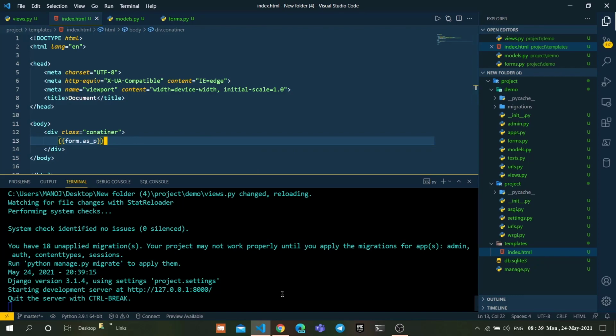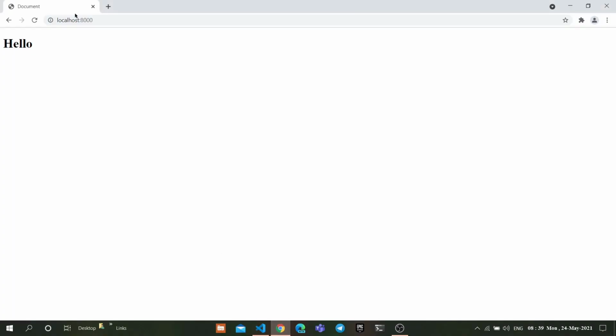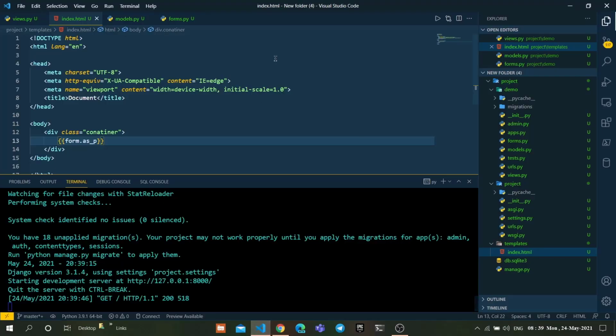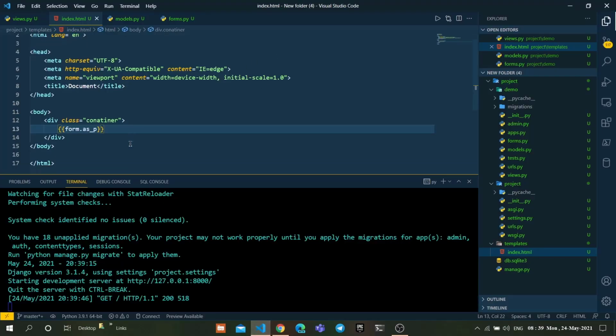Let's save this and go to the browser. Let's refresh this. As you can see, we got two fields without styling, the basic HTML template. To add styling, we have no HTML code or classes to add the CSS to this HTML.